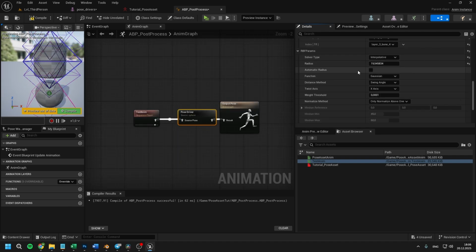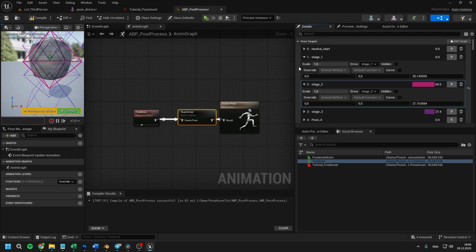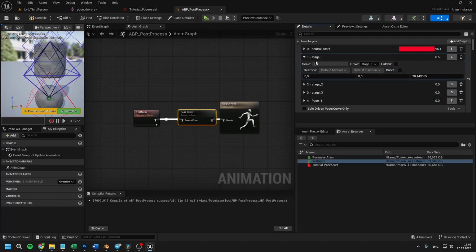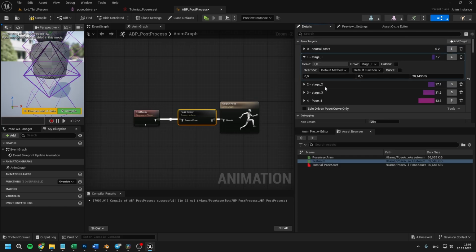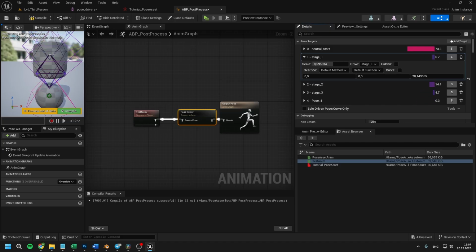And also, if you want to change the influence of a specific pose, you can go to the top and expand any of the poses and change its scale. For interpolative method, it is adjust a weight coefficient, while for additive method, we can visually see that the size of the shape actually is changed, so it defines how this pose will react to the transforms of the driver of the source